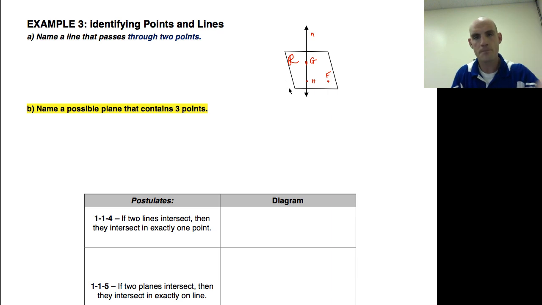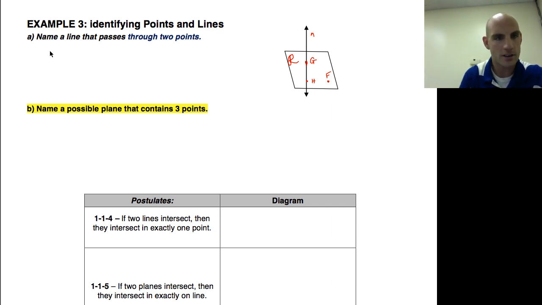Remember what we learned up top? And I've got G, H, and F, which are points because they have points next to them. So what I want to do is name a line that passes through 2 points. If I look at my diagram, I need to name a line that passes through 2 points. You, being the smart consumer, the smart learner that you are, know that there is a line that passes through 2 points. I could call it